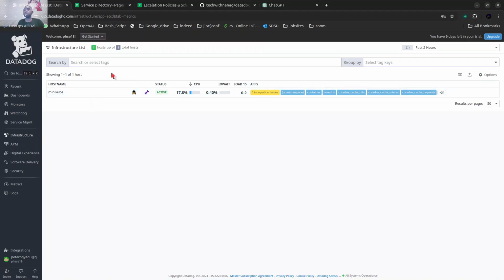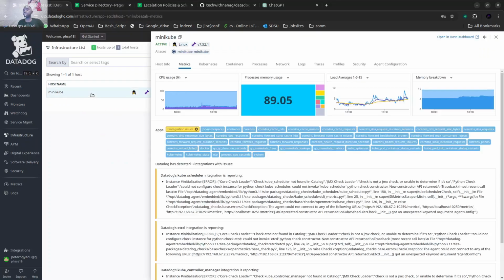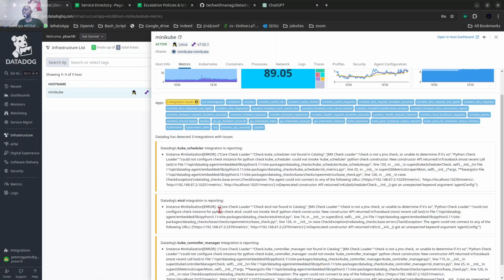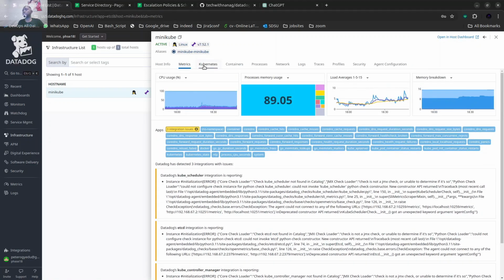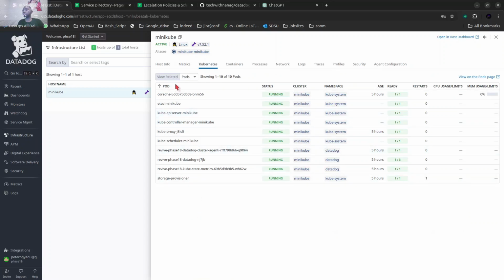So here you can see I'm on the Datadog UI. This is our Minikube cluster. These are the metrics showing here. We also see our Kubernetes cluster. We have the Datadog cluster agent, we have the agent itself, and then we have kube-state-metrics, which is collecting metrics on Kubernetes. The rest are Kubernetes control plane